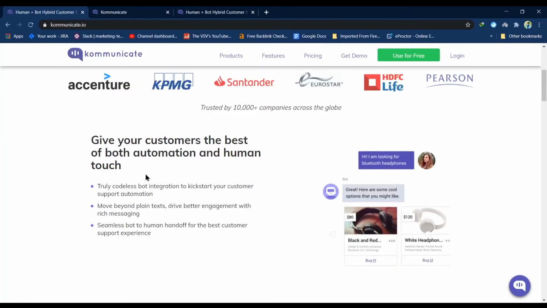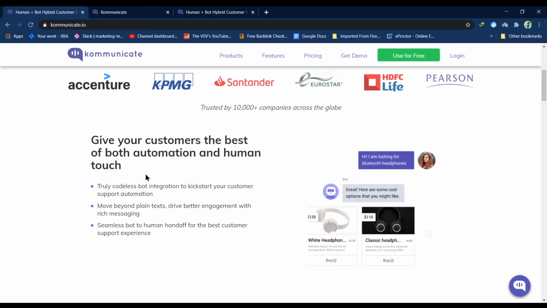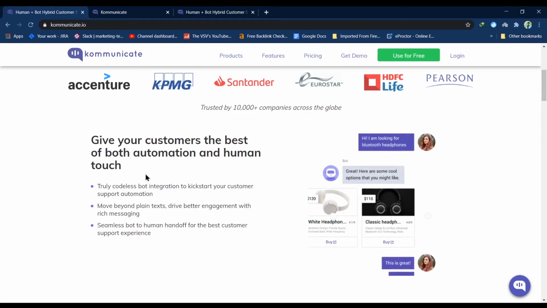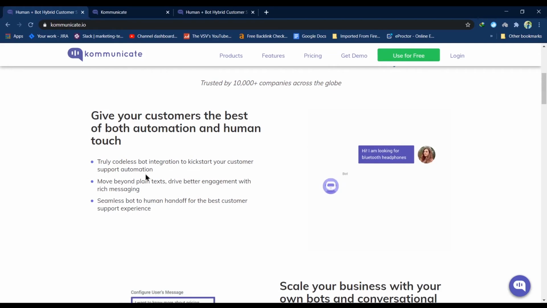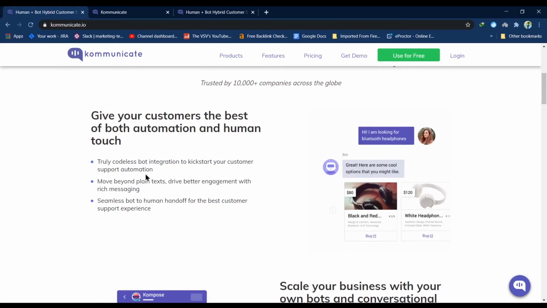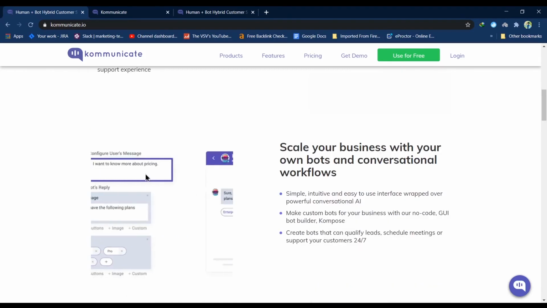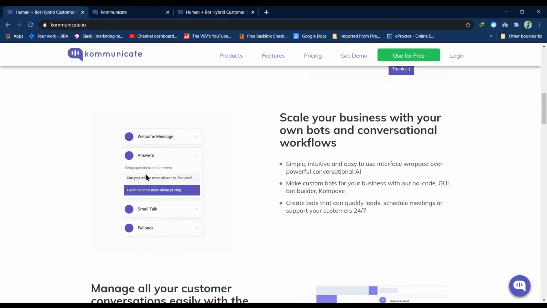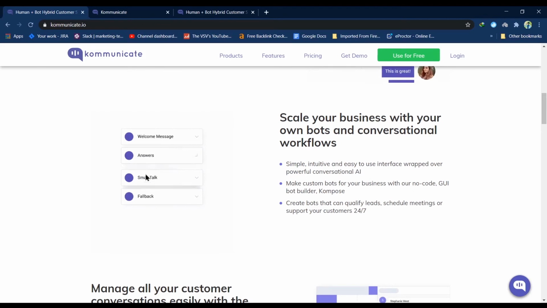Let's talk about some other features. First of all, this whole thing is a codeless experience. You don't have to code anything. Everything is just ready to deploy for you on your Communicate dashboard. You don't have to go anywhere else. You will find your custom script. You can build your custom bot. Everything from the website itself. And trust me, having your own chatbot has its perks. You don't have to rely on anyone else. You can control everything on your own, and it is super easy, and the bot can take conversations 24/7.